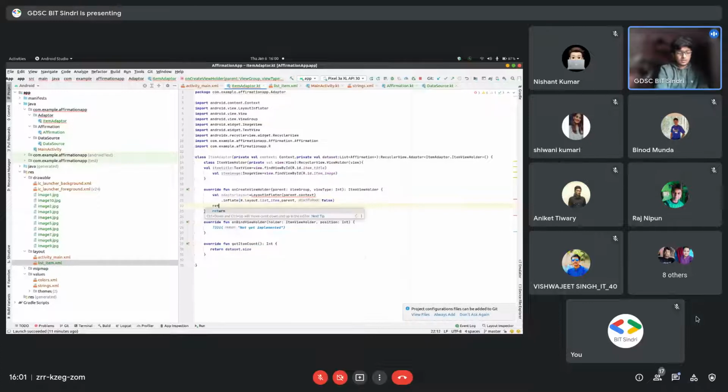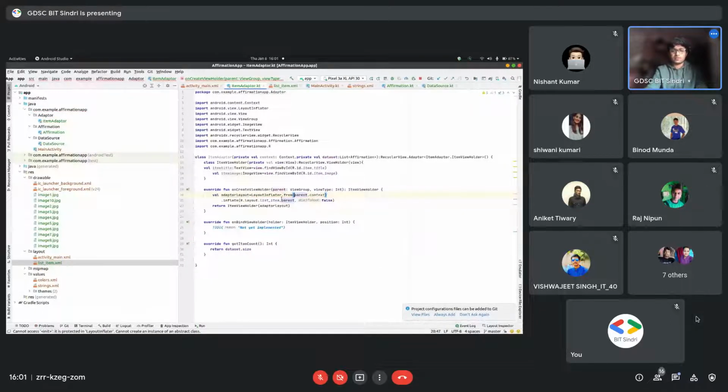And now we will return item view holder. We will pass our adapter layout view. So we are getting the error because we have to implement where it's coming from.